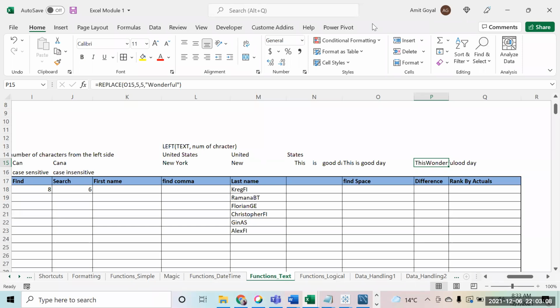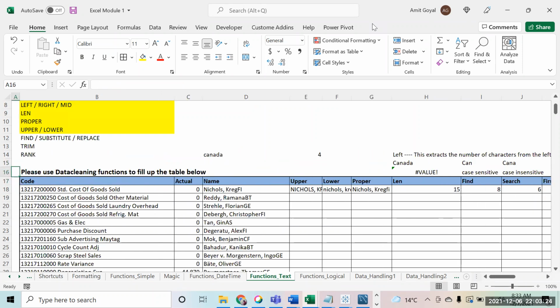So I think we'll keep the stuff up till here for today. Tomorrow what we will do is we will start off with the logical functions and more, the sumif formulas over there. So this is where we can take the pause for today. I just need to take care of something. So let's continue from here tomorrow. I hope that's fine with all of you.